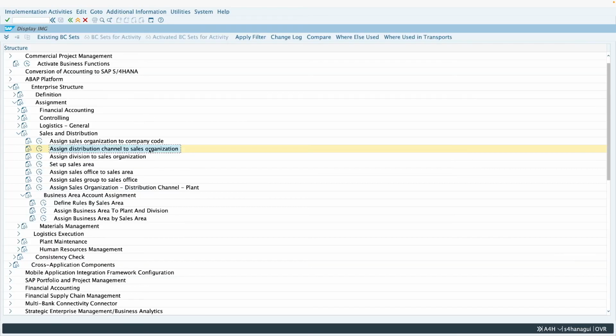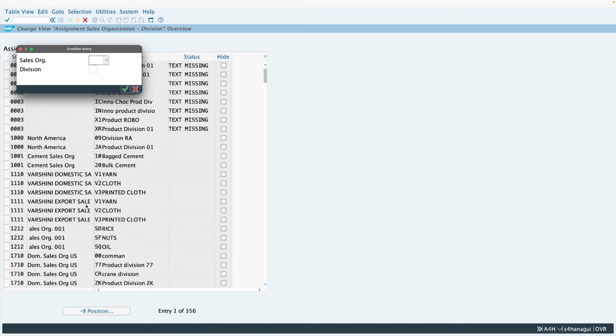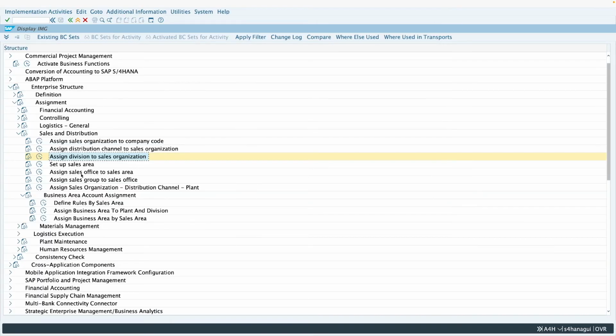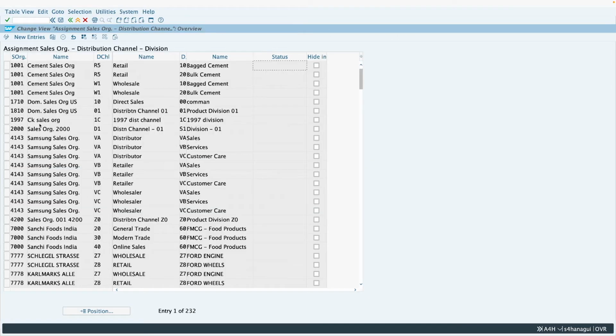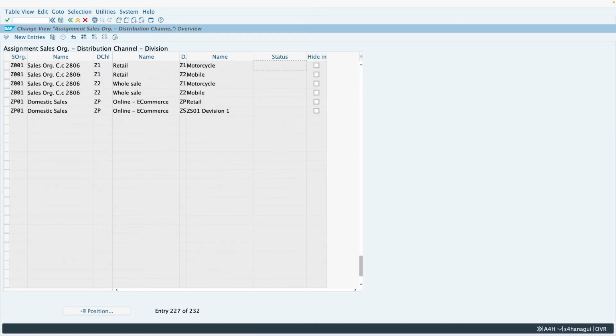Okay. Now assign division to sales organization. Here also you can assign division to the sales organization. So let's verify that. We'll enter the division here. So you can see the sales organization has been assigned to the division. And here you set up the sales area, that is the combination of sales organization, distribution channel and division. So we'll enter the sales organization here, the distribution channel and the division, and you can see all these three